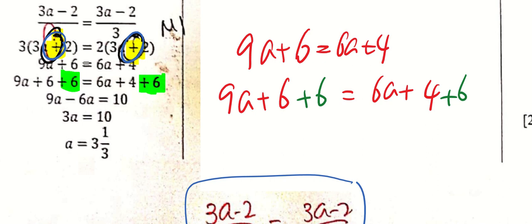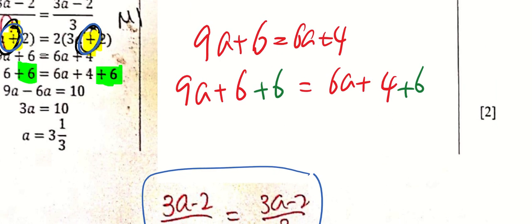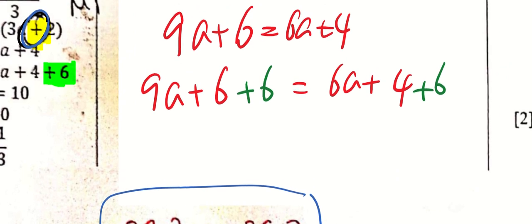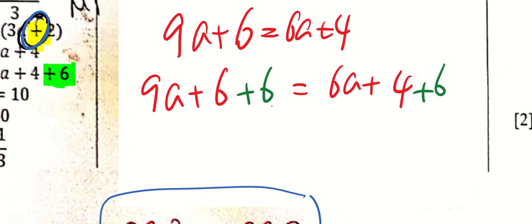You may think that, well, I add 6, right? I cannot just anyhow add and minus and subtract things. Well, you can, because you're adding to both sides of the equation. If you're adding the same thing to both sides of the equation, you're not changing the question. You're not changing the equation at the end of the day. Why do I say so?